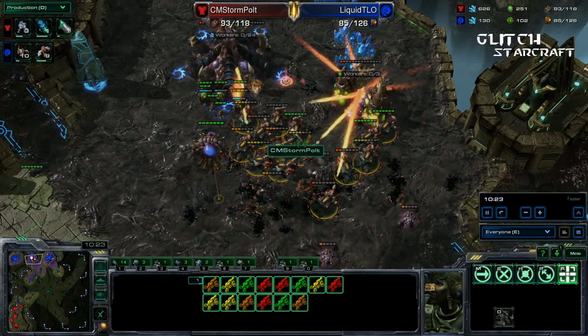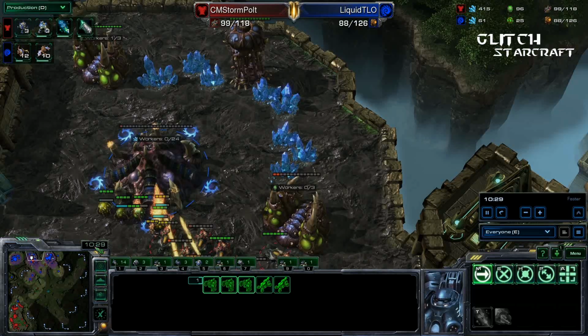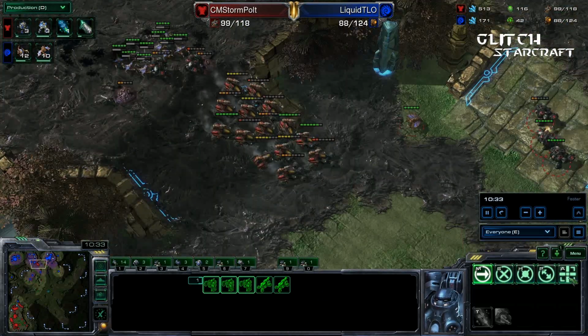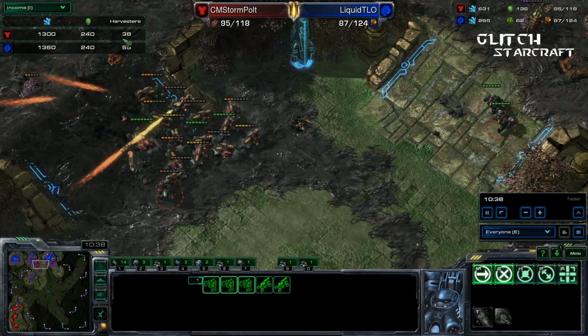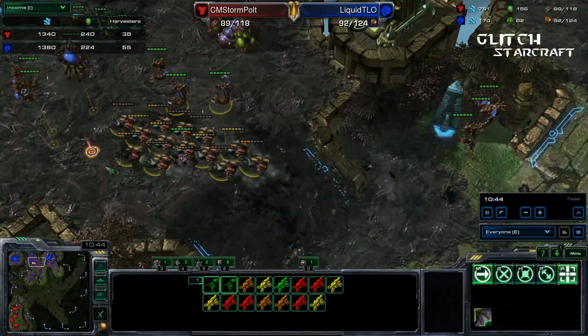numbers are still so huge here for Polt. He's going to continue to do a whole lot of damage. More units continuing to stream across the map here for Polt. Remember, Polt needs to do a lot of damage here, and I don't know that he's done the damage he needs to. If we check out the worker count right now, we can see TLO is way up, 55 Harvesters to 38. He's been on 3 bases here for a little while, and Polt is just continuing to do damage,